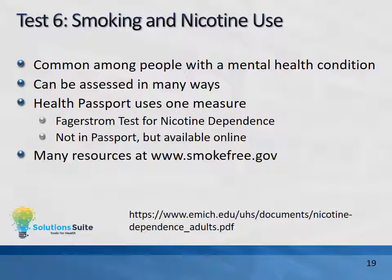Smoking is linked to many health problems, so nicotine use is included as the sixth test in the Health Passport. Smoking is associated with lung disease, cancer, heart disease, and stroke. It's featured in the Health Passport because dependence on tobacco is extremely common among people in mental health recovery. If you're using the Health Passport on your own, this section can raise awareness about cigarette smoking and reassure you